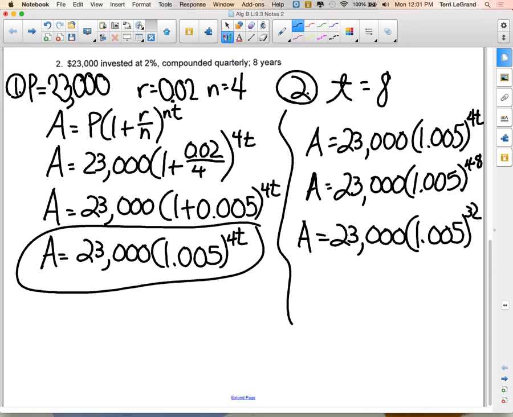In the tenths and hundredths place, or in the money card, it would be 99 cents right now, with the 1 following it. Is that 1 big enough to take it past 99 cents? No, the number behind the pennies is not big enough to take it up another penny, so we're going to leave it 99 cents. So we're going to say that our amount in the account should be approximately $26,979.99,